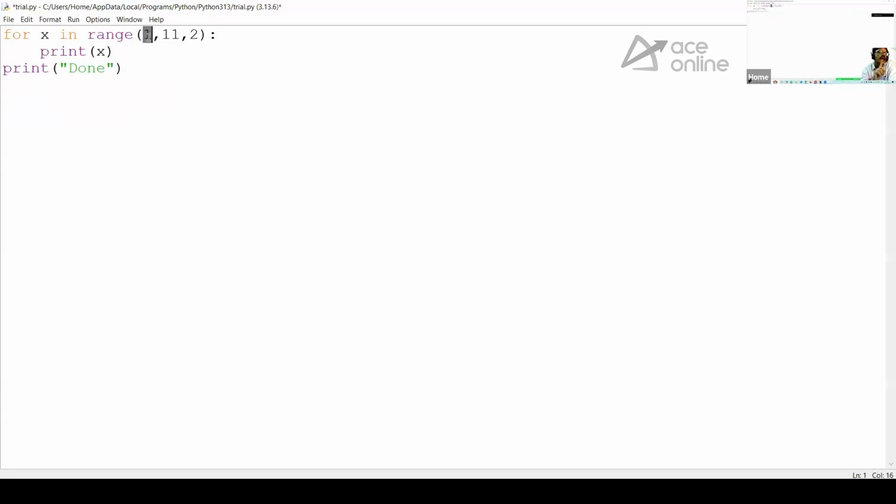Listen very carefully. X has taken value 1 and 1 is not 11. So X has not reached the stop. Stop is 11, X is 1. Correct? So it should print X. So 1 will be printed. Then will this line run print done? No, not yet. Print done will be executed only when loop stops because it is outdented. So it will print